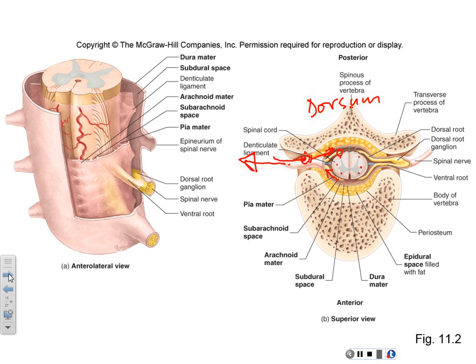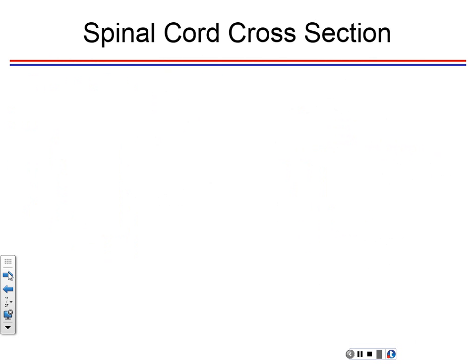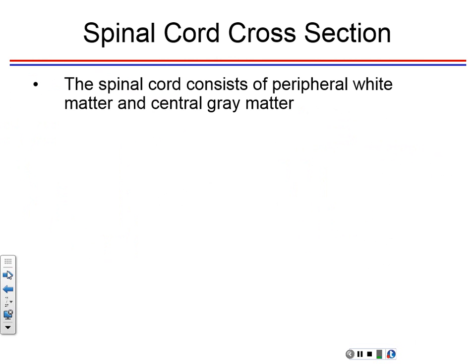Your epidural space here has fat to cushion, and then the subarachnoid space, you want to see it because it's all together there, but that carries cerebrospinal fluid. All right. Good. So, a cross section of the spinal cord, like I was saying, the white matter is on the outside